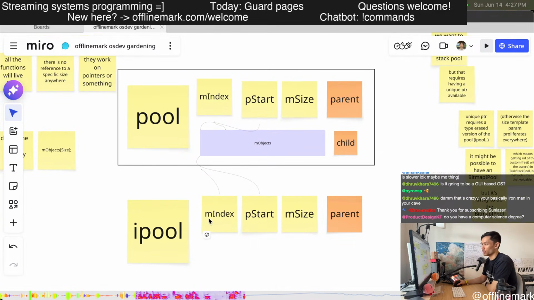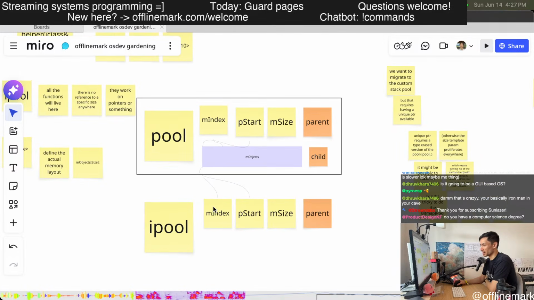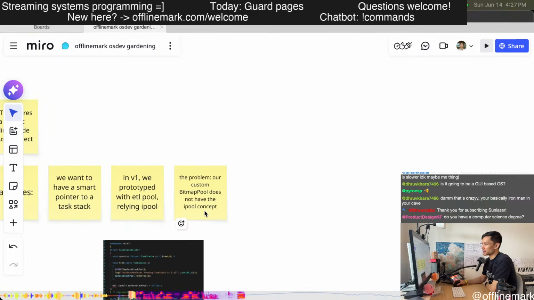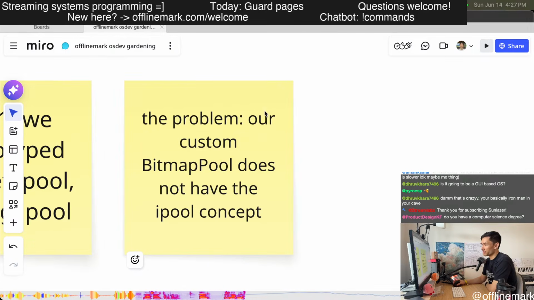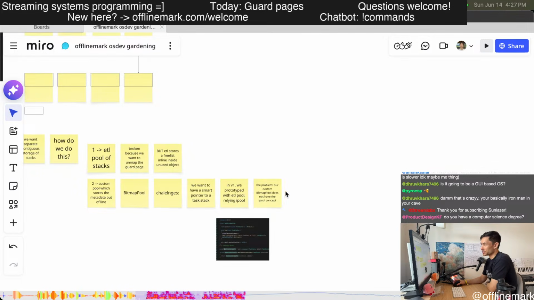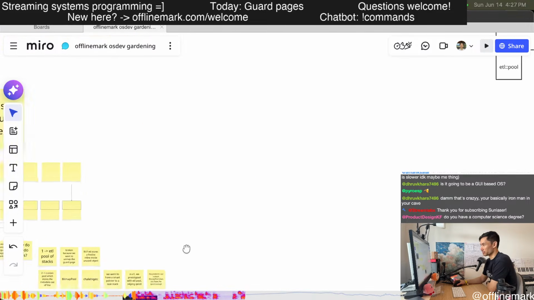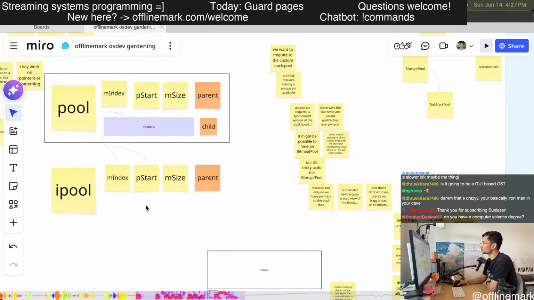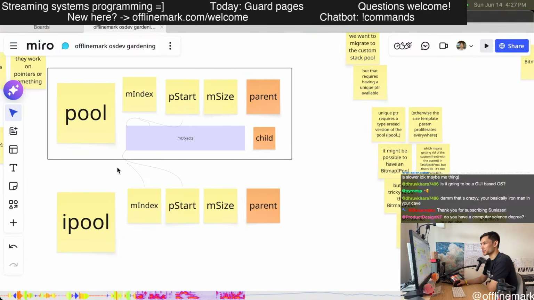How do we type erase this thing and type erase away the size template parameter? This is not really a fundamental limitation, but the very concrete challenge that roadblocked that line of work is implementing the type erased version of the object.